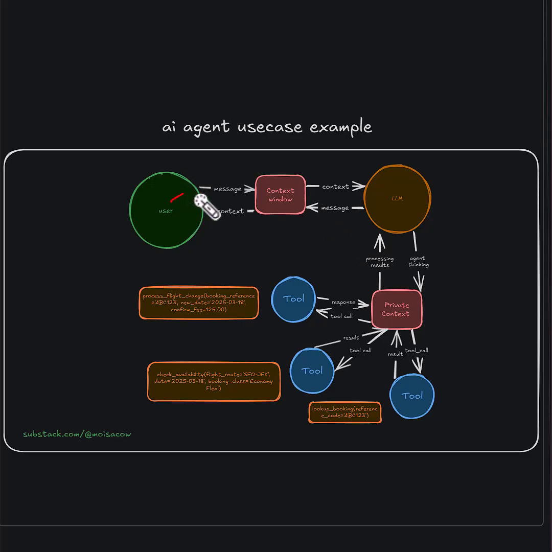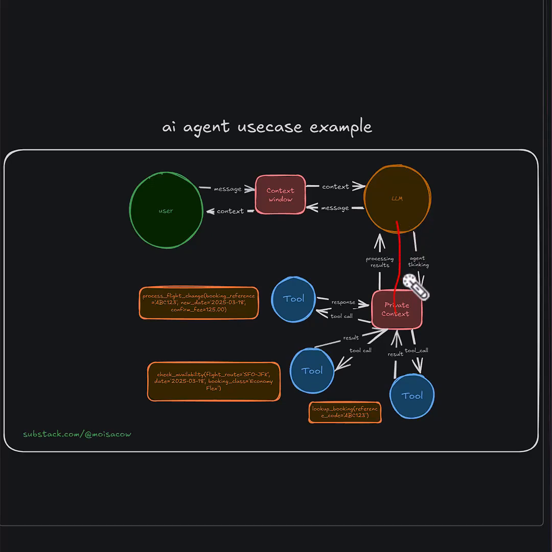In this case, we have person A. Person A is asking, hey, please change my flight from ABC 123 to ABC 1234, for example. The LLM will start thinking, okay, let me think if I have access to all of these tools. The first thing it will do is go and see if we have a booking with your name. For this, it will have, for example, a tool that accesses the database which saves all of your data. It will first see if you actually exist in this database. If yes, the result from the database will be, okay, this is his data. It will be saved to the private context.